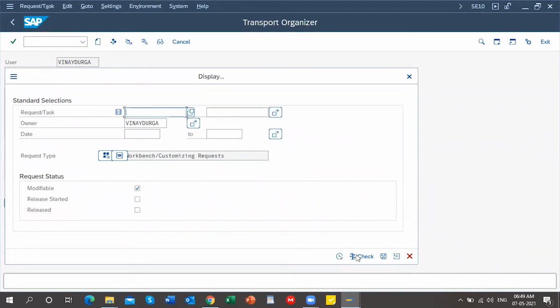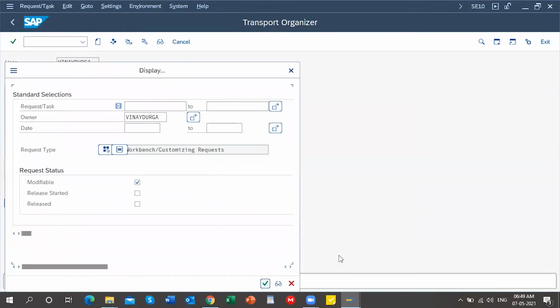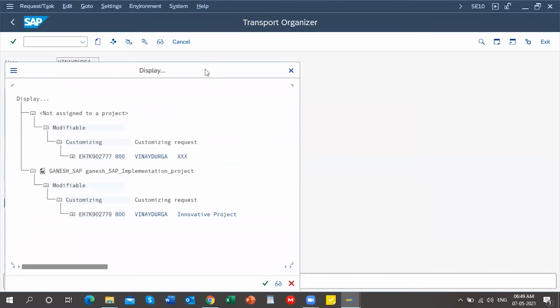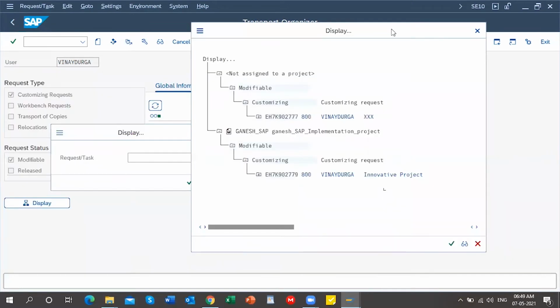Select this and execute. Sorry, just a second. Okay, see, this is the customizing request number I created earlier, for defining and assigning the enterprise structure.